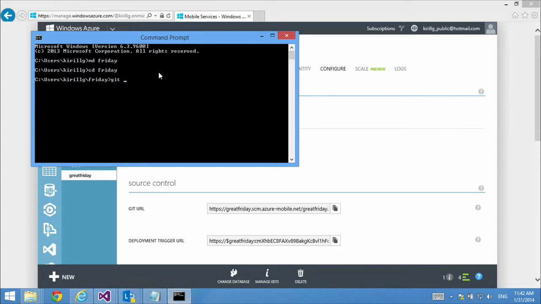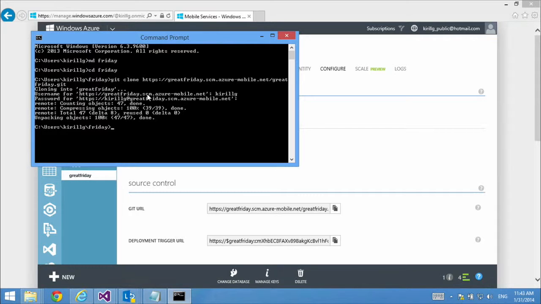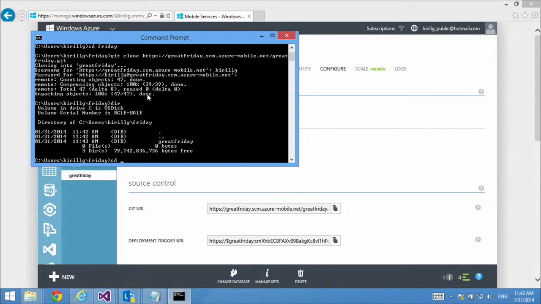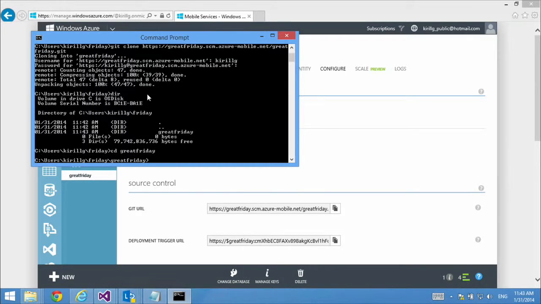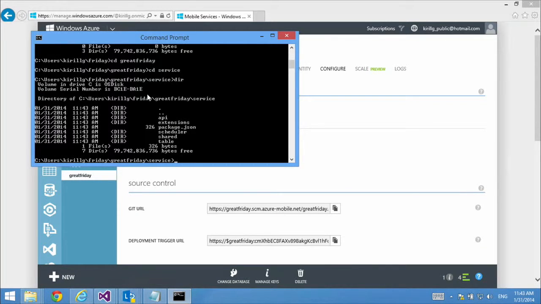So I'm going to clone my Git repository. I'm going to provide my credentials. Excellent. And right password. Yes. Now we have our Great Friday, and we have a service folder in it. And once I look at it, I see all my APIs, tables, and scheduler scripts right here in the respective folders. So if I go into the table,